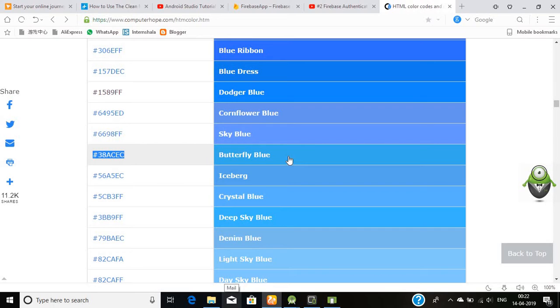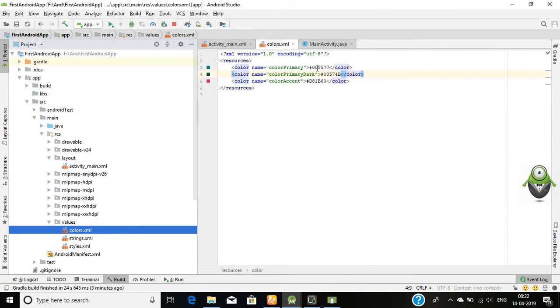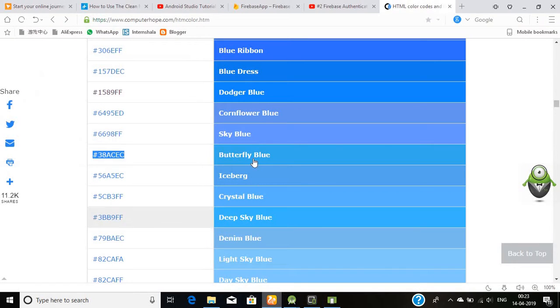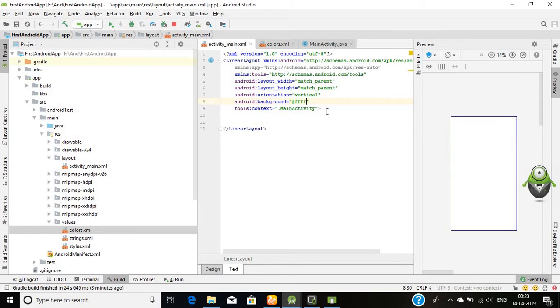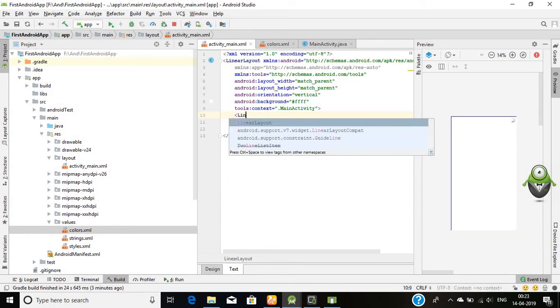I want to change them. So the first color that I would like to mention here is this butterfly blue. I'll copy this and paste it here. Another color is the iceberg. Use it here. And this one I want simply white. Okay, these are the 3 colors with which I will work in this entire app. So first, here I'll go for the linear layout,